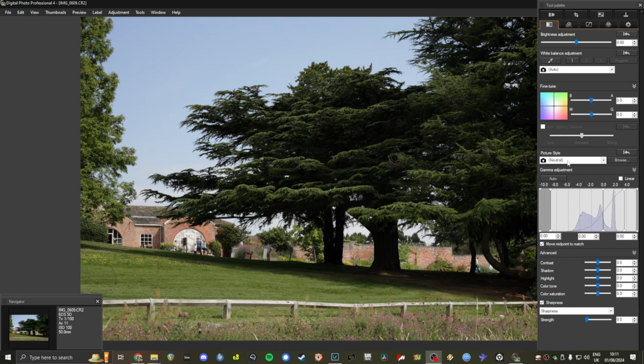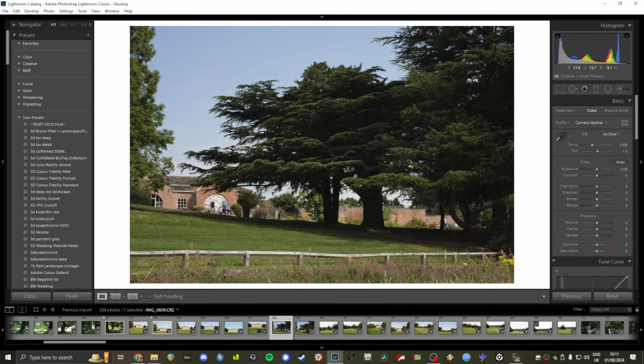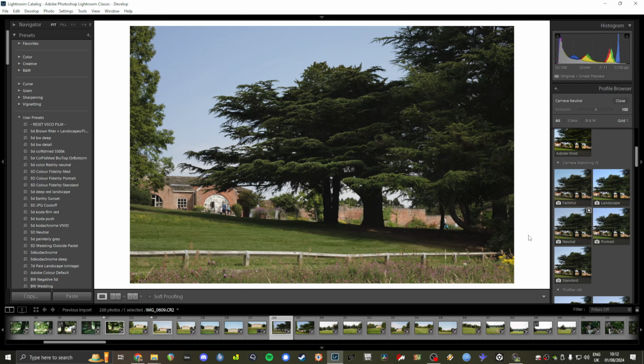So I've imported this photo here and it's set to neutral, all right? So now we're going to go and take a look at Lightroom. Same photo, and this is neutral. Camera neutral. So this is basically